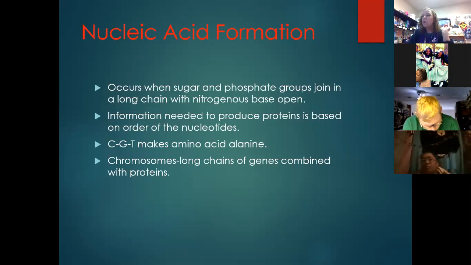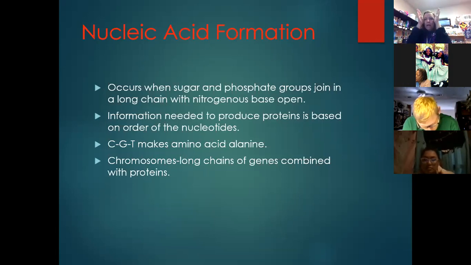Salukis, your sight hounds, are going to be made for speed. Your scent hounds are going to get the blinders on and they're going to follow blindly any scent they pick up. Those are all genetics that you can't train. And it all has to do with the order that we find these nucleotides in the DNA. So it's really pretty cool.